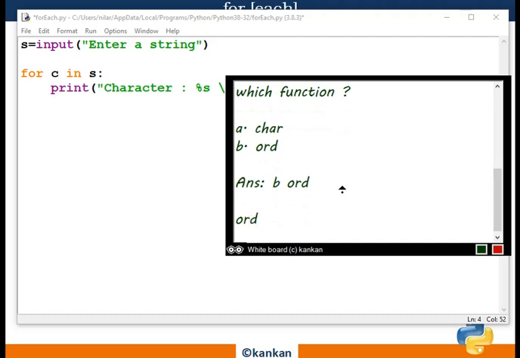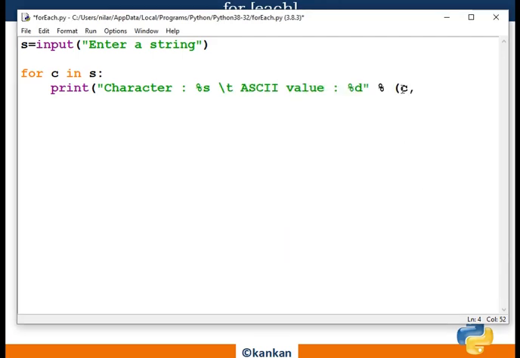ORD is the function, within that the character you need to pass. Here C is the character, so I will use the ORD function, and the character C will be passed within this function.